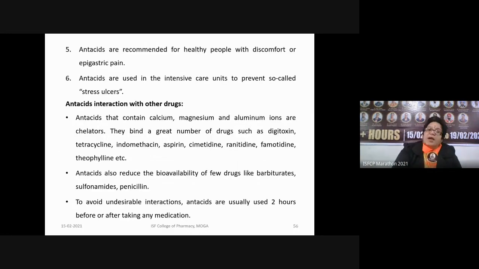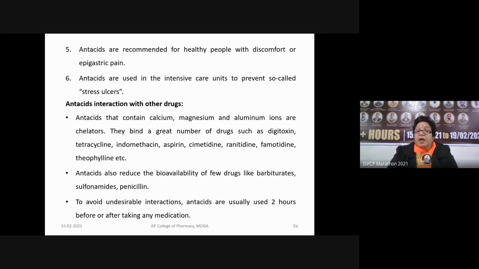एंटासिड्स are recommended for healthy people with discomfort and epigastric pain. कई बार कहते हैं कि कुछ भी नहीं है, एक अनइजीनेस फील हो रही है, मुझे लग रहा है कि मेरे हार्ट बर्न हो रहा है, एपिगैस्ट्रिक पेन हो रही है, वहां पर फिर हेल्दी पीपल को लेने में कोई डर नहीं, नॉर्मल पेशेंट को लेने में कोई प्रॉब्लम नहीं है। But of course I will say लॉन्ग टर्म इफेक्ट नहीं होना चाहिए। जब दिल के कुछ भी डिस्कम्फर्ट हुआ चलो ये ले, नहीं, हमारी बॉडी ही बता देती है हमें कहाँ पर क्या प्रॉब्लम हो रही है। Only in those circumstances we can use.